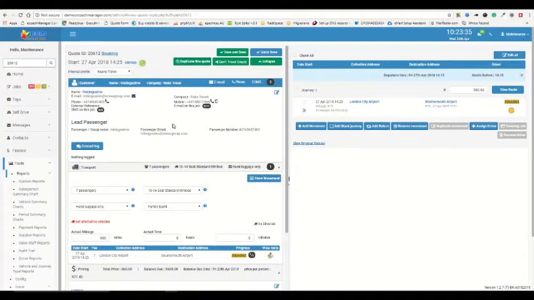Another area where we have introduced a new feature is being able to record actual mileage travelled and also estimated mileage or kilometers for the actual entire quote. So in this case here we have this job from London City going to Bournemouth. This is a base-to-base journey, so we're calculating from the depot to the pickup to the destination back to the depot. And it's estimating here